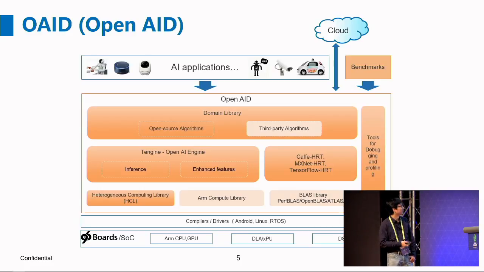OpenAI have 3 layers. The low layer is computer library. The middle layer is a framework. It's a deep learning framework or machine learning framework. Above that is domain library. It's application library, including algorithm. Okay, for the domain library,